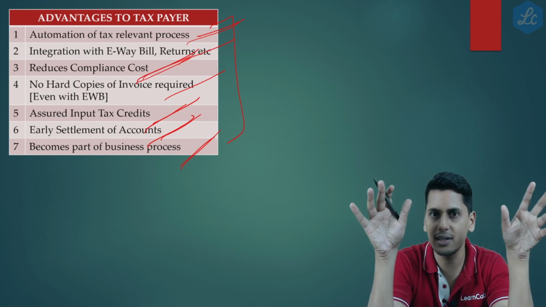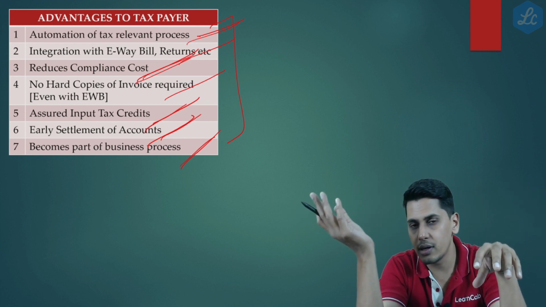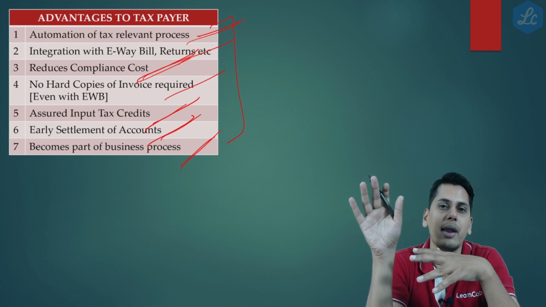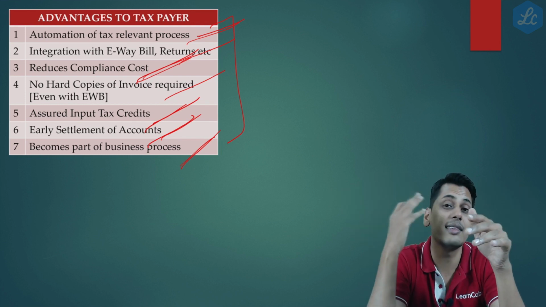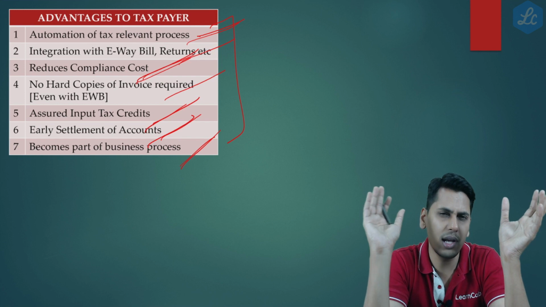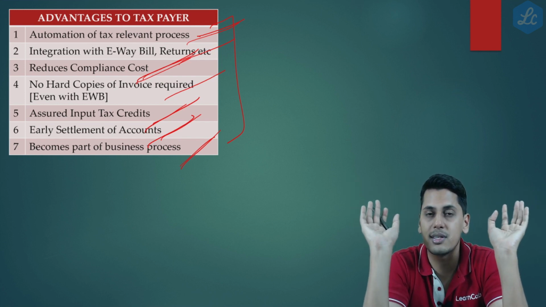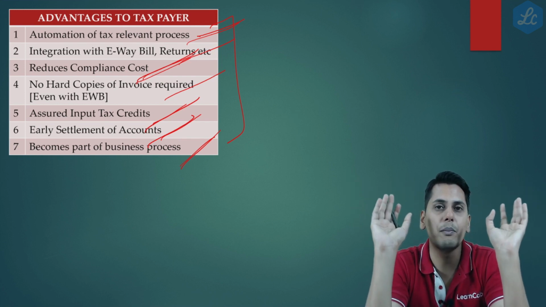The psychological effect is that you make a transaction, then report it, and there you feel it as a separate compliance work. But however friends, when you first report it and then you raise an invoice, that doesn't seem so; it becomes a natural part and parcel of the business process. It is not to be seen as a separate compliance angle.